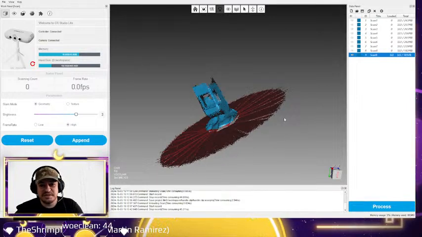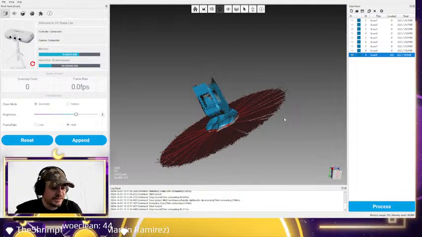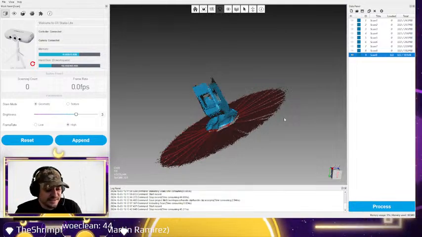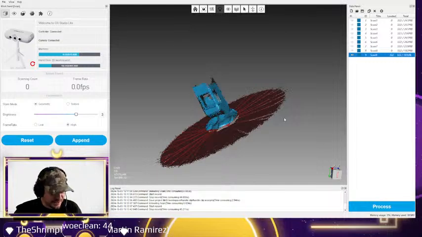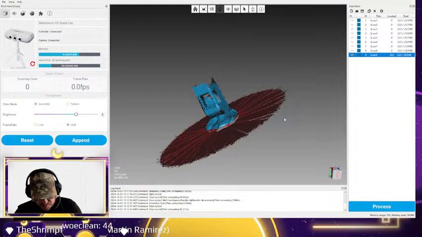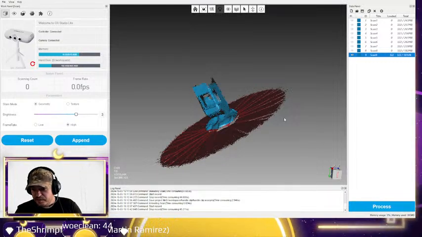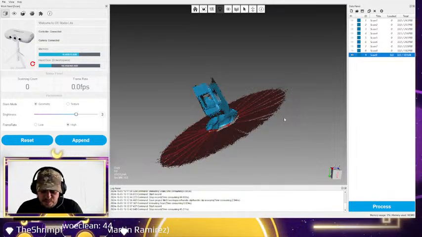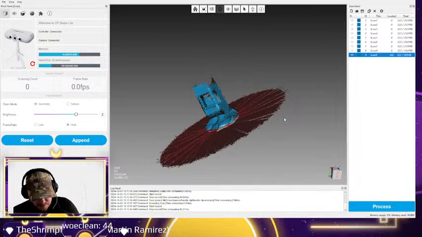Again, it wasn't a one-for-one, oh yeah, I got the model, and then just export. No. 3D scanning is a little bit more tricky than that. So right now, we have 9 scans. Let's go ahead and see. 3D scanning software